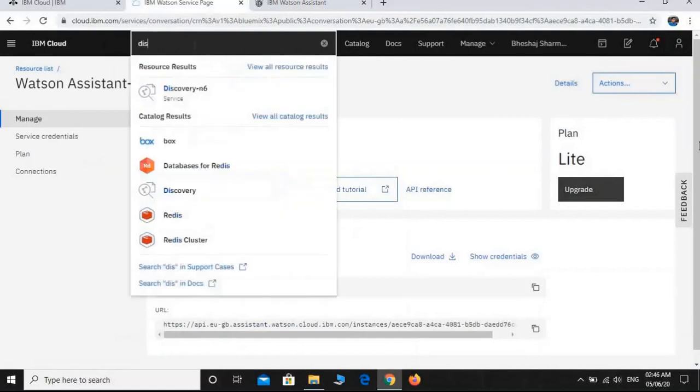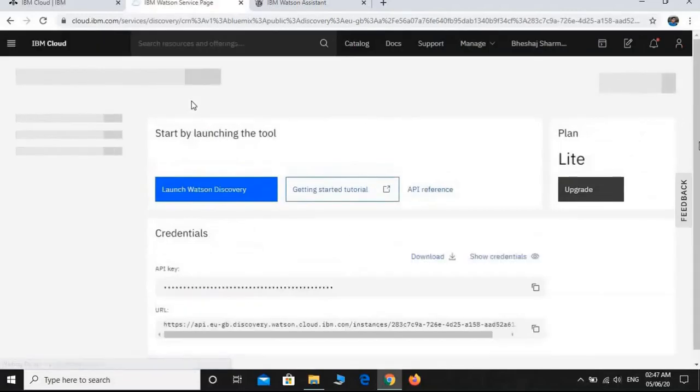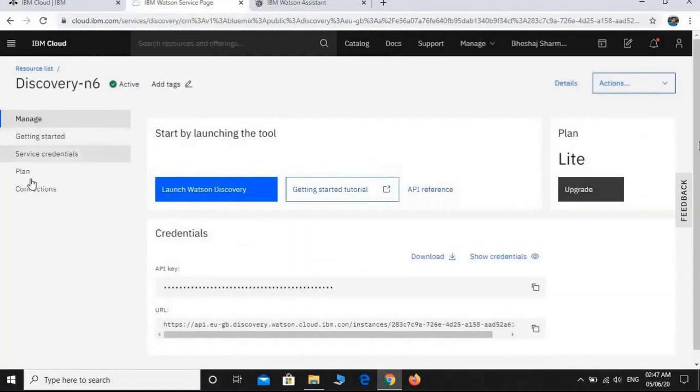So now we are going to see Discovery. I have already made a Discovery instance, N6, so we are going to visit this. This is the launchpad of Watson Discovery.